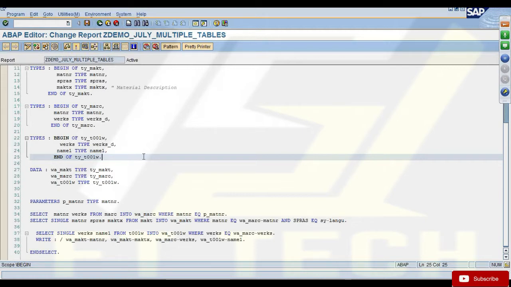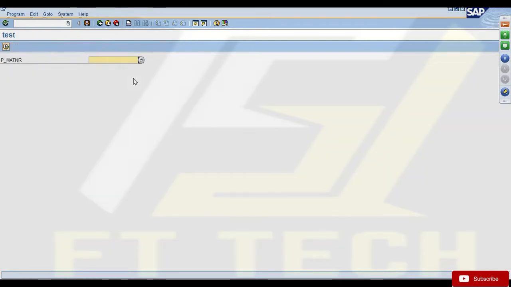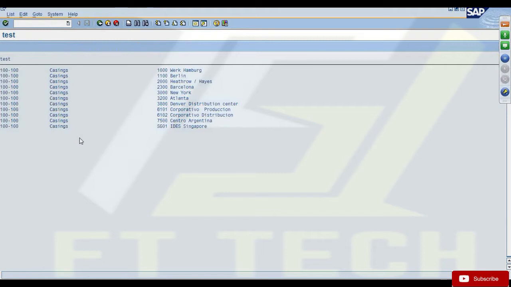Okay. For example, in this program that you see, which we developed yesterday, right now I'm processing some data for a given material. I'm printing some output. I've selected this data from the database and I'm printing this output. Now, the user says, please give me one PDF button here in the output screen in the application toolbar. When I click on that button, download all this output data as a PDF file.